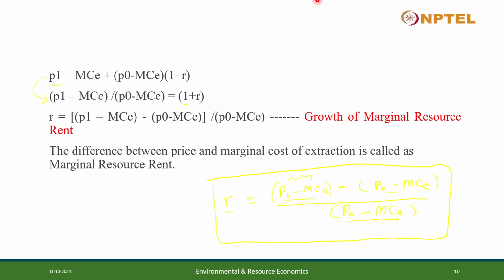Okay, now let's say that we are out of this equation, right? We have P1 equal to MCE plus